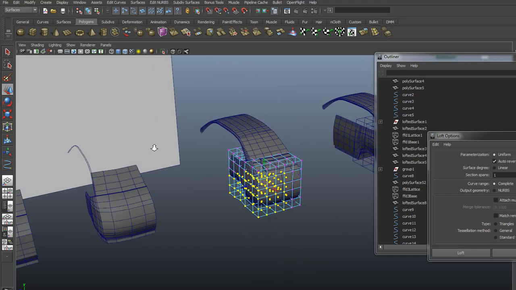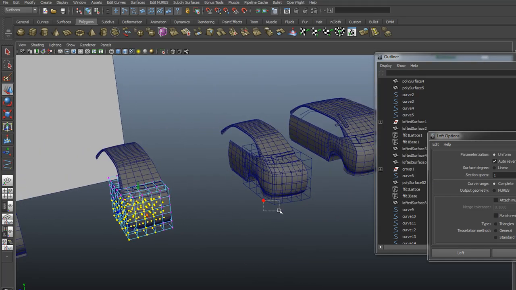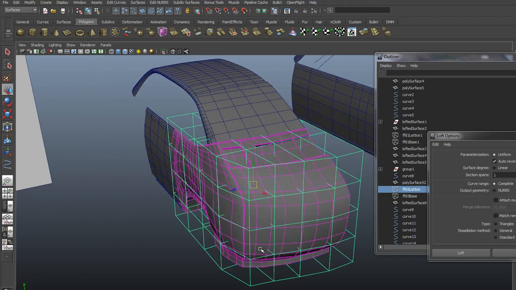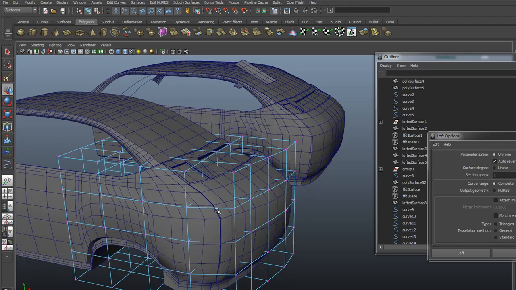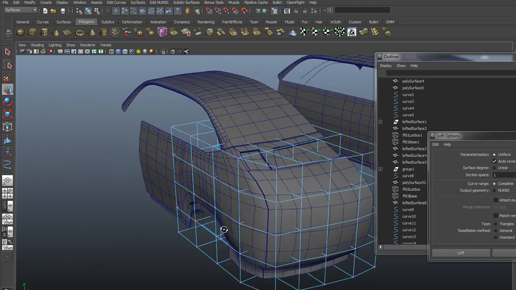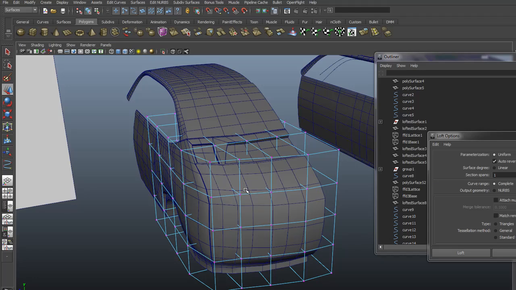Now this guy isn't active anymore. I think I deleted history. Oh, there we go. This guy's active. So let's go right click, lattice point. But you'll notice I have two different pieces in this one. So you can form a lattice on two different objects. So if I selected them in object mode,